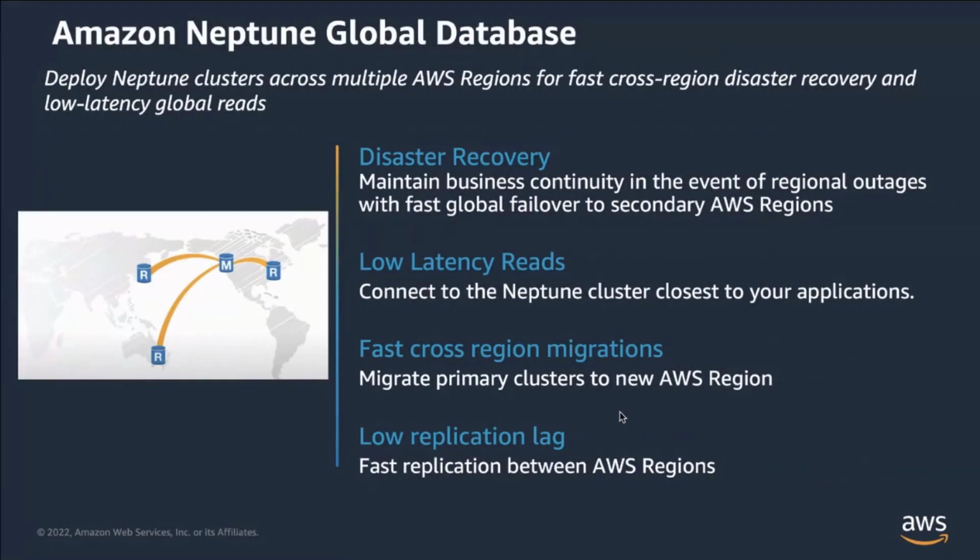In July of this year, we introduced Neptune Global Database, a feature that helps you deploy Neptune clusters across multiple AWS regions for fast cross-region replication for use cases such as disaster recovery or low latency global reads. You can have one Neptune cluster in your primary AWS region, replicating to as many as 5 different Neptune clusters in secondary AWS regions. Replication is handled by a dedicated replication layer for low lag and fast replication between the